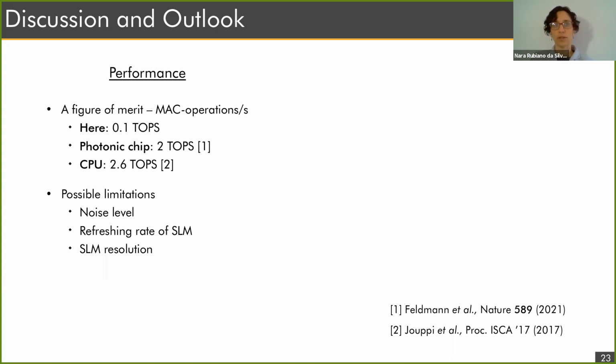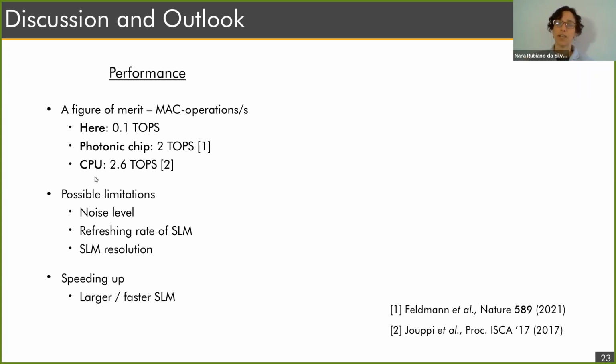These two parameters here are actually, they can be improved. I took, as I said, for calculating our tops, a typical SLM, but there are larger SLMs with higher resolution, which can improve by 4 times this operation speed. And by taking faster SLMs that can work 10 times faster than the one I considered here, we can also improve the number of operations per second.